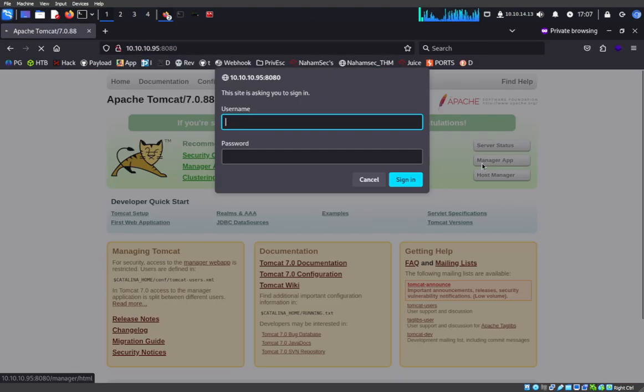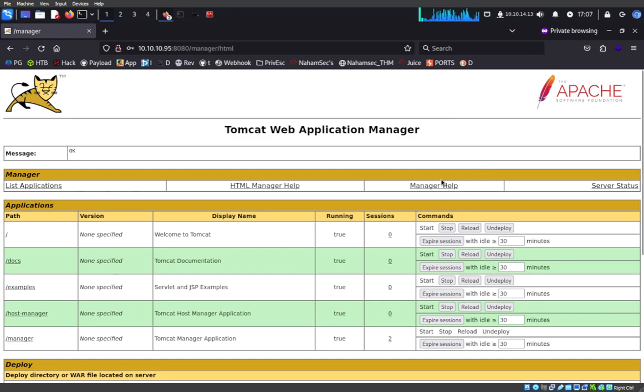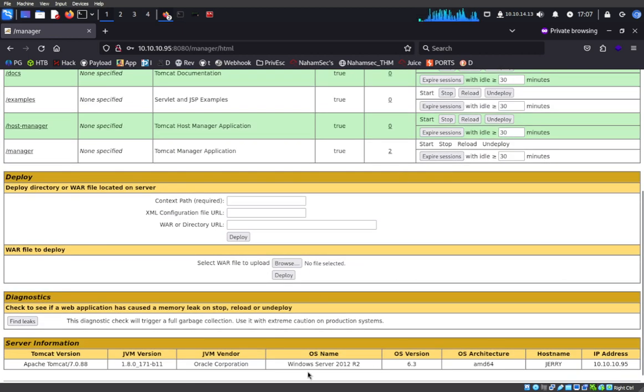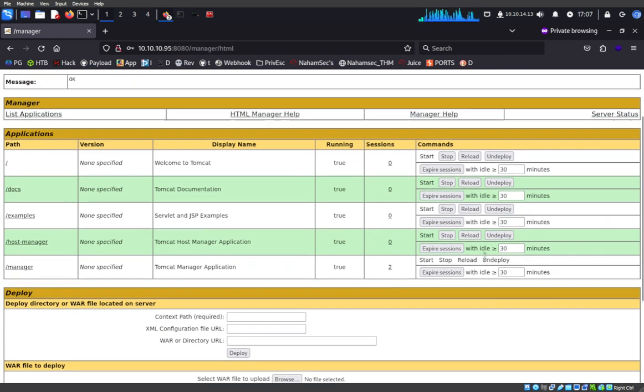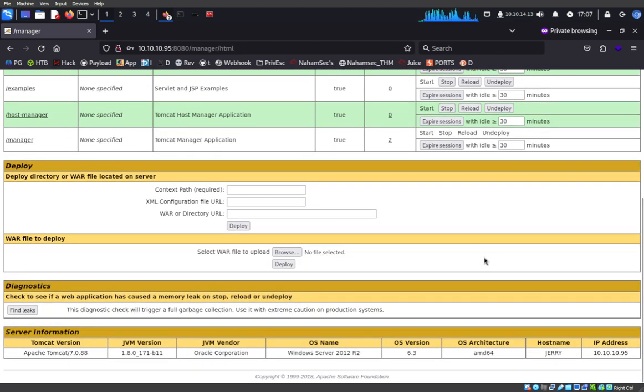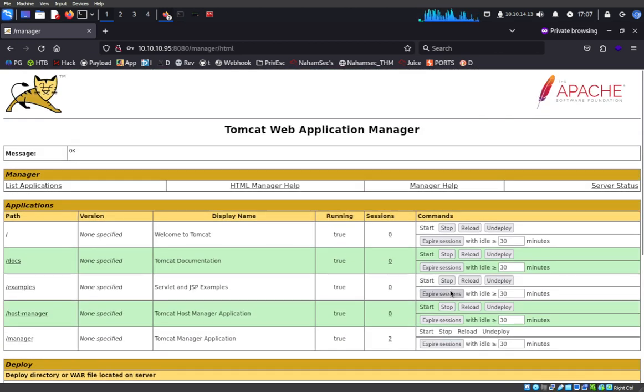Come on, tomcat, secret. All right, so we're in, and as some of you may guess and may know, this is just about